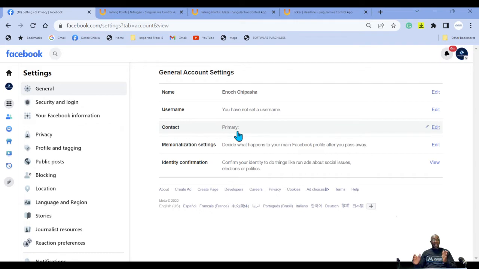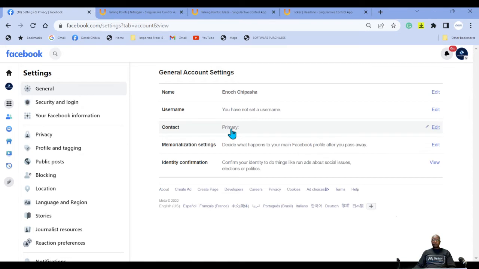So if you are one of those people that have several profiles, please go through this process and delete those other profiles and just reset the password when you forget it. So we've looked at the first. You change your name, add your username, add your primary contact method, email or phone number.